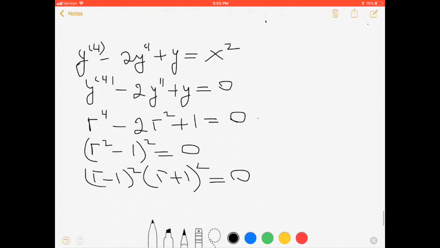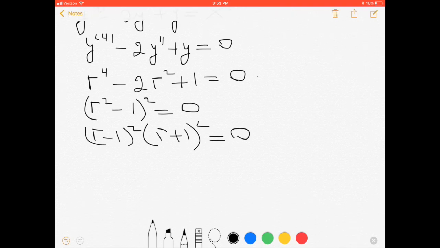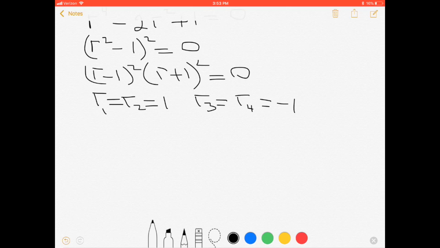This means here we have r first equals r second equals 1, and r third equals r fourth equals negative 1. You see, this means the general solution of our homogeneous part will be